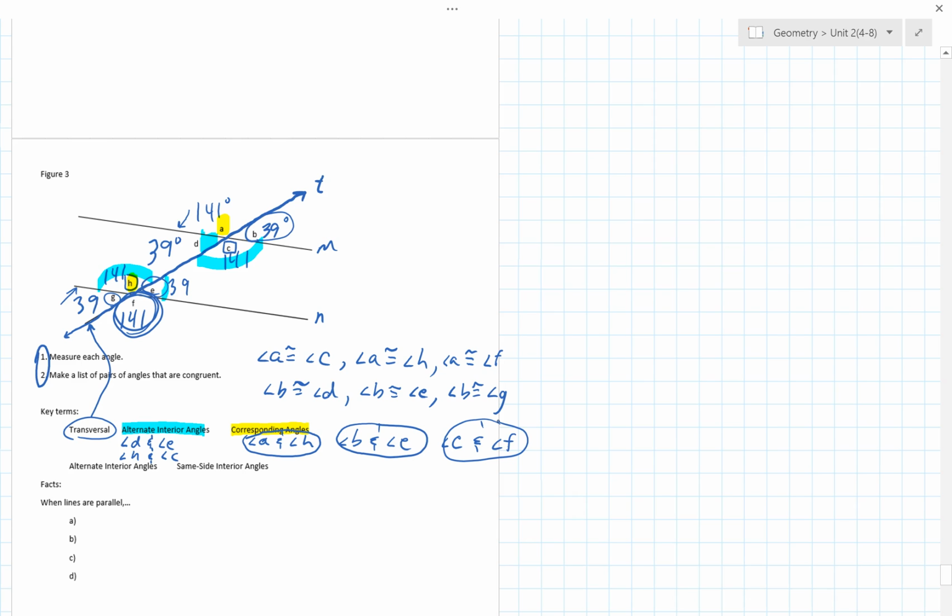And then the last pair is lower left. So D is lower left and G is lower left. So angle D with angle G, those are corresponding angles. So there are four pairs of corresponding angles altogether. There were only two pairs of alternate interior angles. Okay. The next